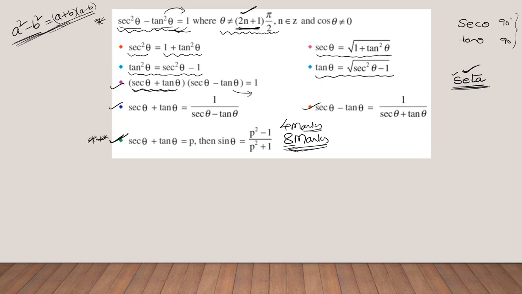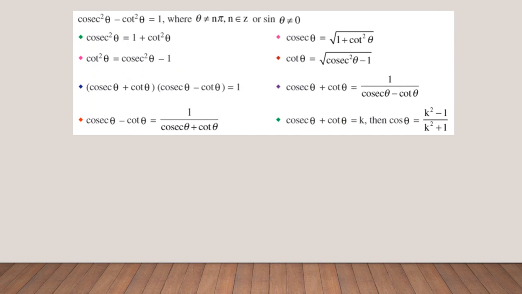While solving the problems, you will get this particular problem. We will solve it there and we will prove this. If secant theta plus tan theta is equal to p, then sin theta is equal to p square minus 1 by p square plus 1. This particular result we will be proving in the exercise problem, right? The same way like identity number 2, we are having identity number 3. So what are the leftover ratios?